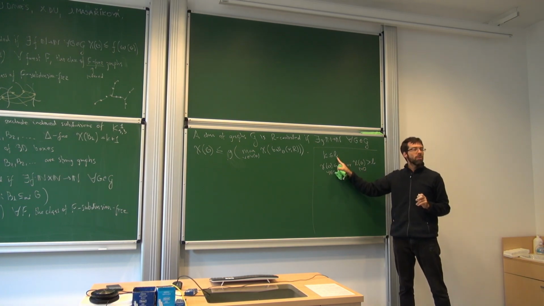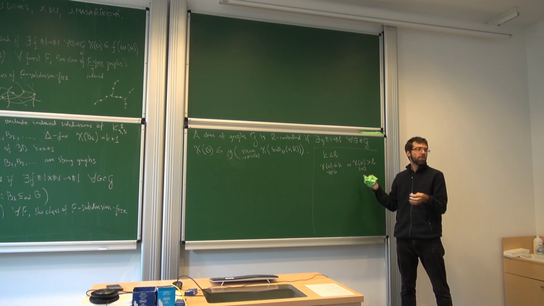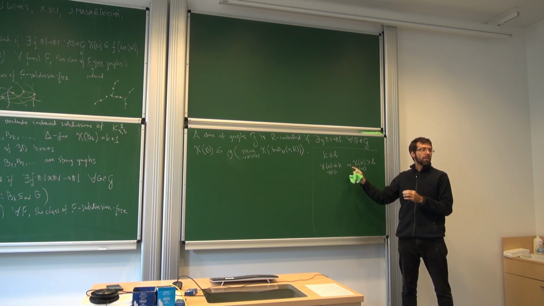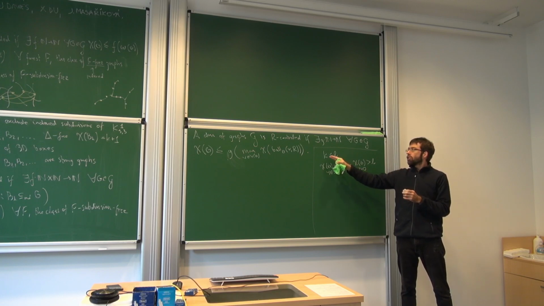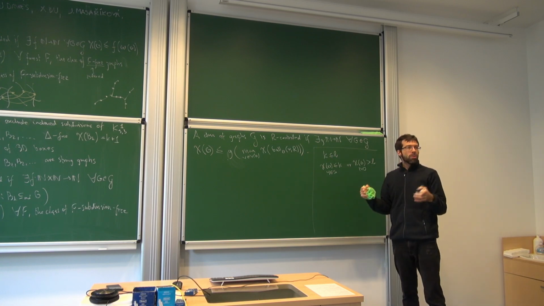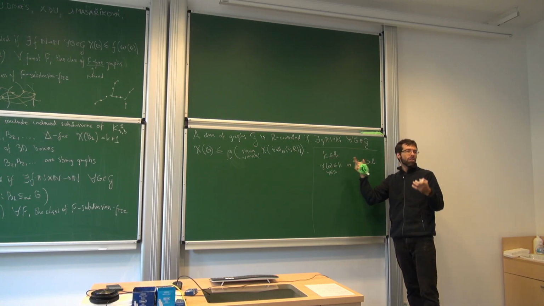So for k equal to l, this is just the traditional k-coloring problem, which is known to be NP-complete. And the conjecture is that this problem is NP-hard for any choice of k and l, as long as k is at least 3, of course, because otherwise it's trivially solvable in polynomial time. It is known to be NP-hard for some choices of k and l, but still such choices where this gap in between is not too large.